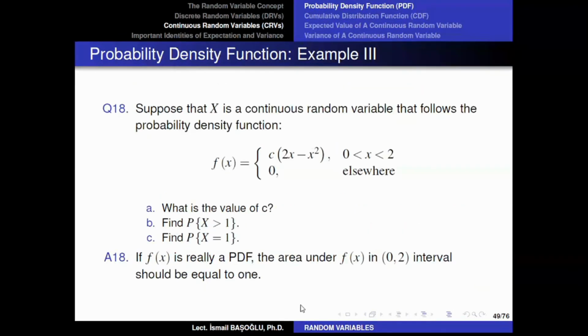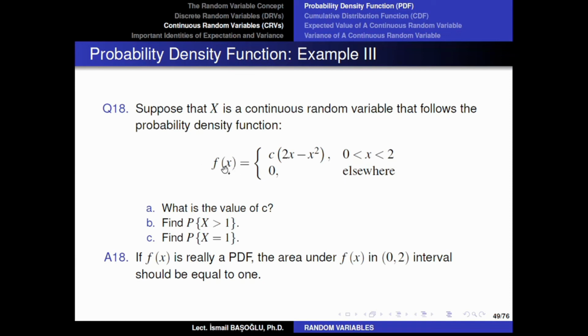You are always calculating the probability by defining a lower bound and upper bound. Now we are going to solve a question related to continuous random variables again. Suppose that x is a continuous random variable that follows the probability density function. And here's the case. This random variable has the probability density function f of x. And by the way, my friends, if you have realized, I was using letter P for probability mass functions of discrete random variables, but this time for density functions, I am using F. For probability mass functions, we never use letter F, and we use this letter F for probability density functions.